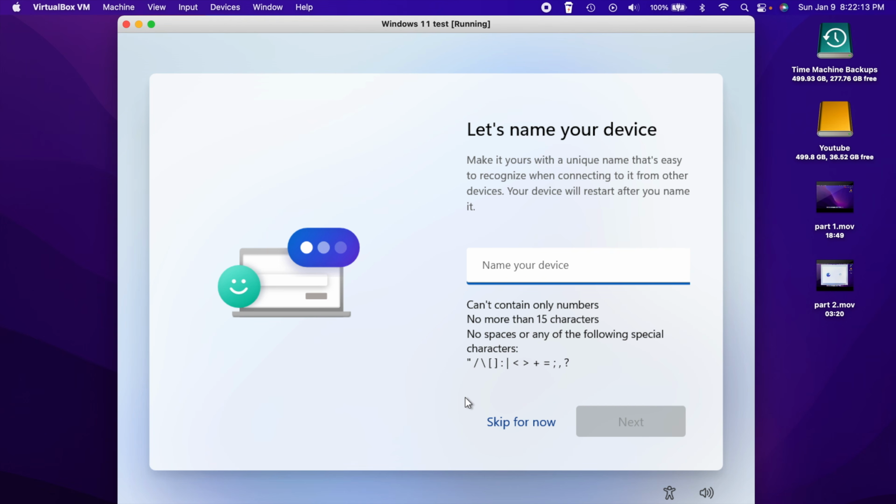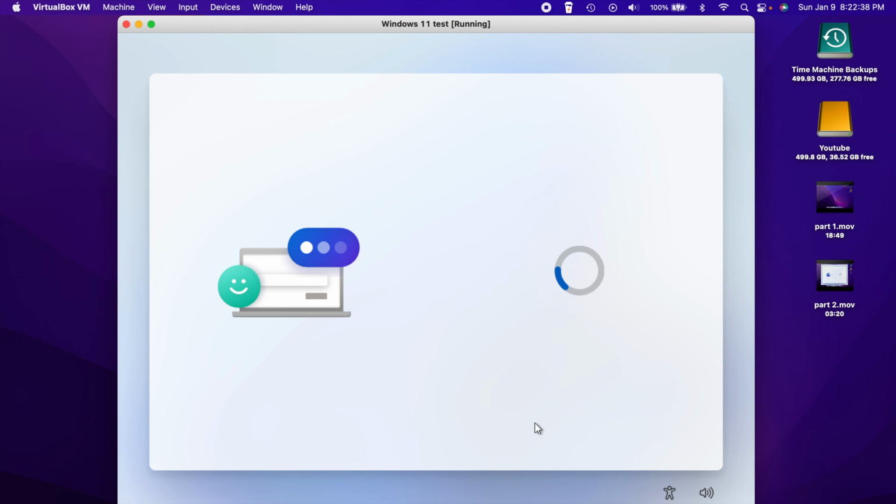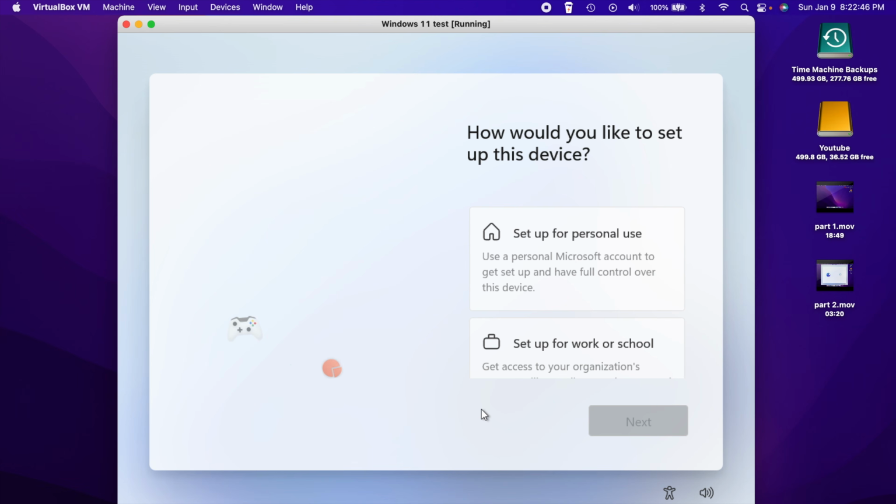Something cool here in Windows 11 is you actually have the option to skip for now. So you definitely couldn't do that on Windows 10 or 8 or any version of Windows. You had to name it something. But yeah, they now give you the option to click skip if you would like. So I'm just going to go ahead and skip that for now, since this is a test, of course, but you should probably name it something recognizable so you can easily find it if you need to look for a